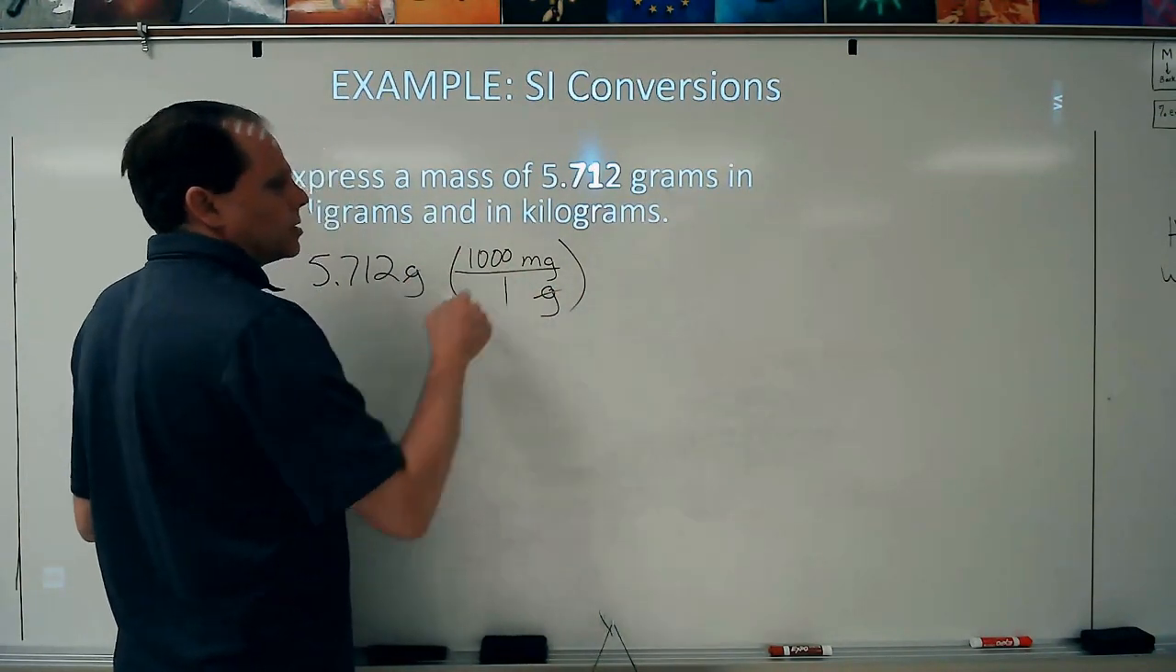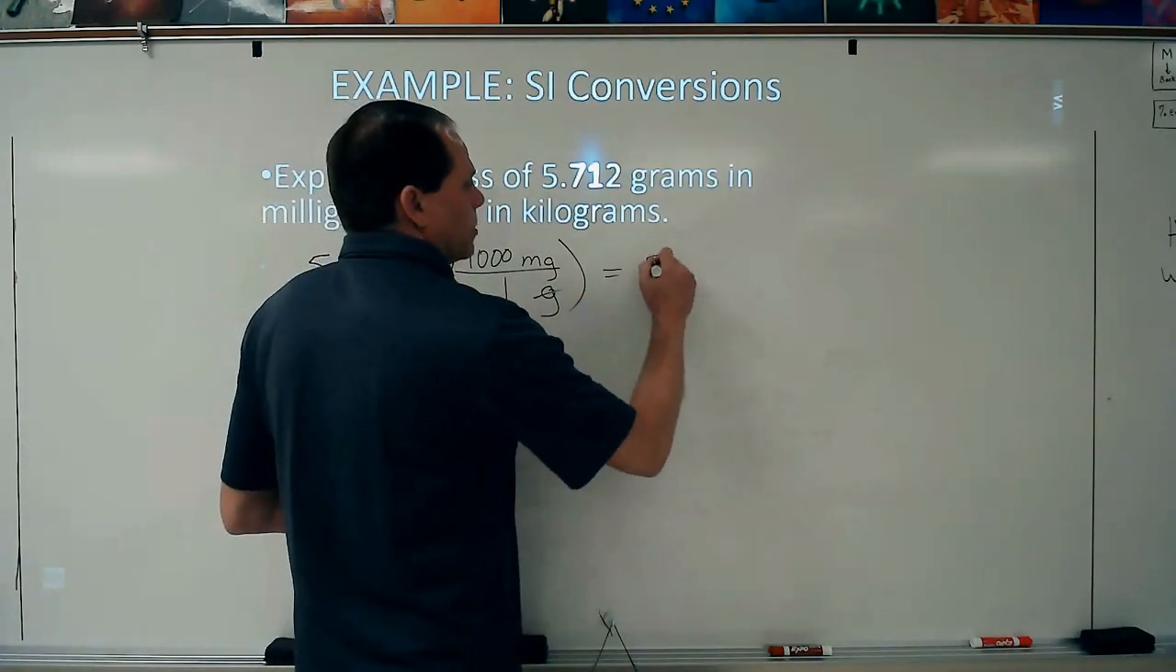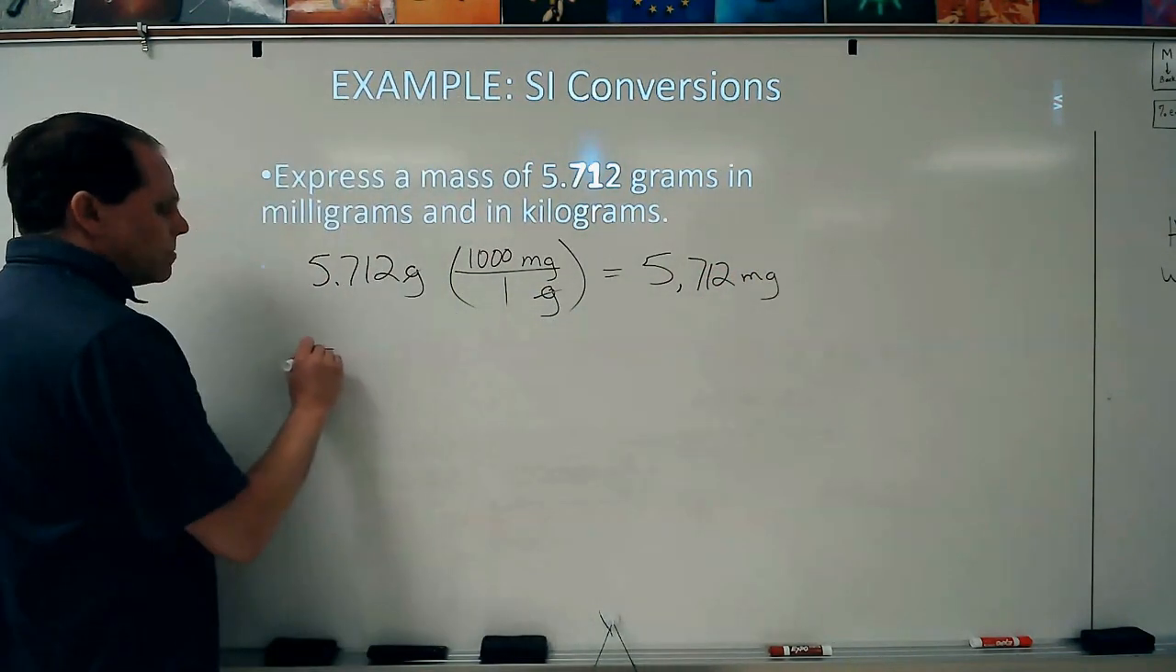So then our grams cancel. We've got milligrams, and so we're multiplying. That's going to move this over 3 zeros. So we're going to be at 5,712 milligrams. We do that same thing with this problem,